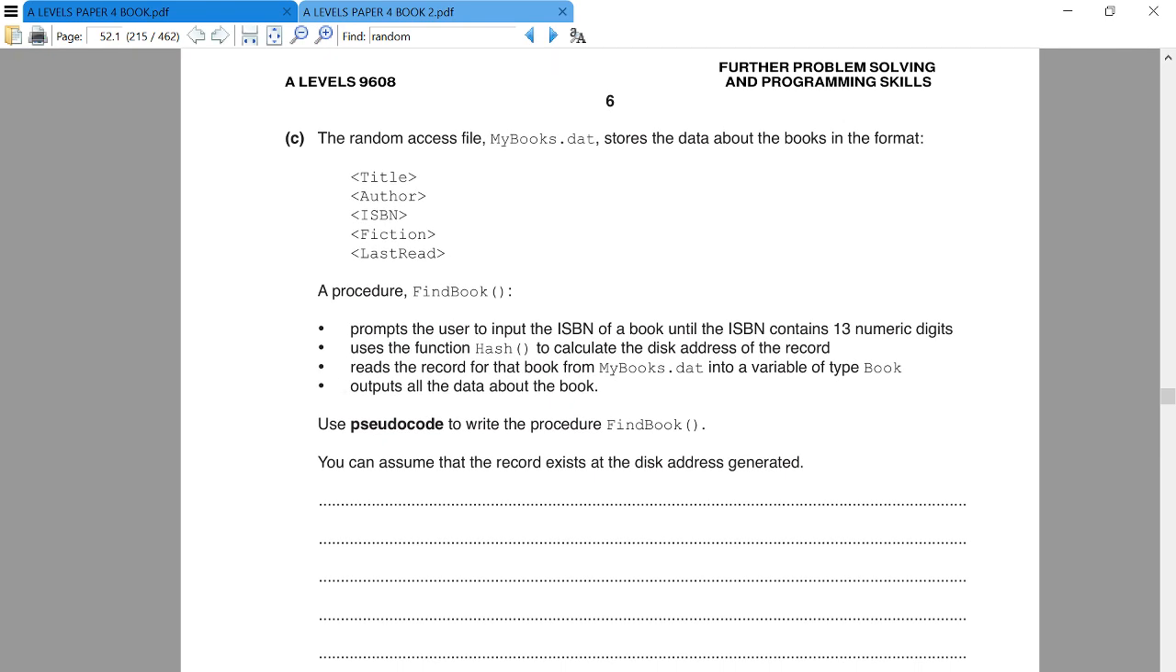So what we need to do is write down the program to get the record, and after getting that record, we need to store it into some variable. So what we need to do,